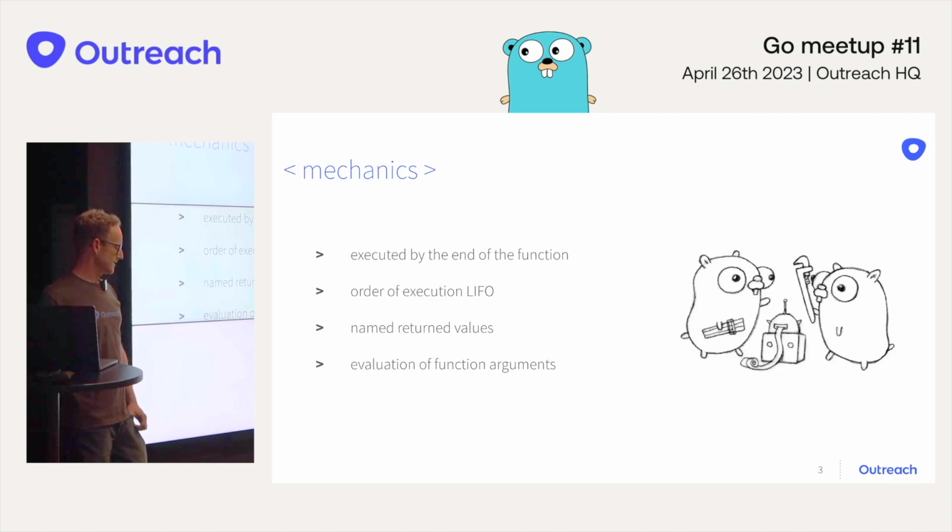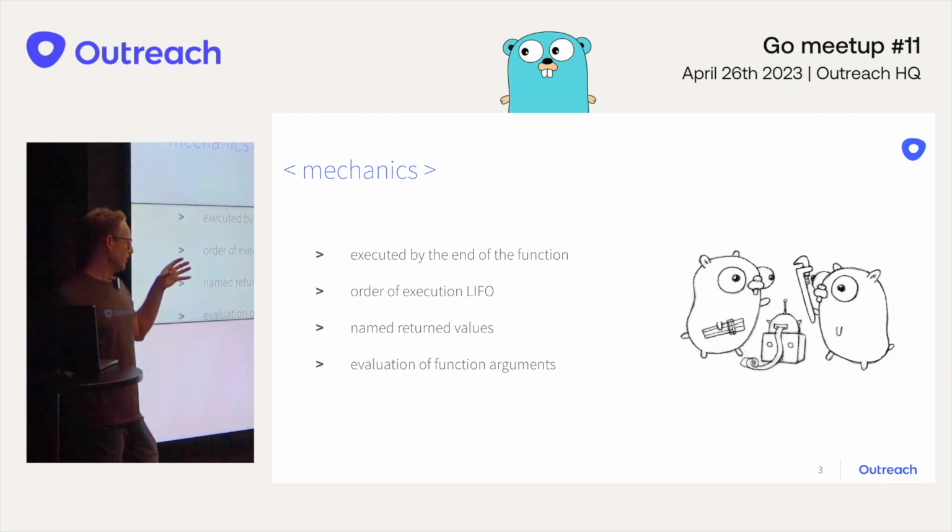So what defer does is that it runs a function or code at the end of your block, of your function. This is amazing because you don't have to be worried about that. You don't have to remember it on every return or on every possible escape point from your function that you need to do some kind of processing. So you can just register your defer function, and you have guarantees that this code will run at the end.